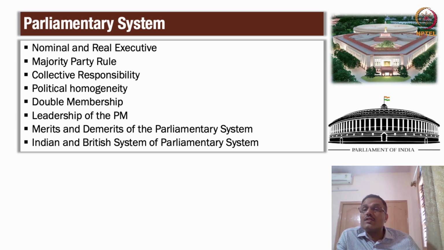They were not able to give stable government for the simple reason that their party, which was the leading party in the alliance or in the coalition, was not able to get a full majority. And through their alliance, they had just what is known as a wafer thin majority, and sometimes that would be lost in a no confidence motion. So these prime ministers unfortunately had to struggle to survive in their office, and their continuity was questioned because of political defections and the evils of what we call the multi-party coalition have created a time when India had